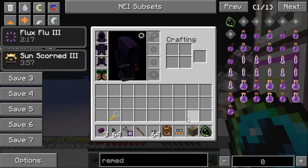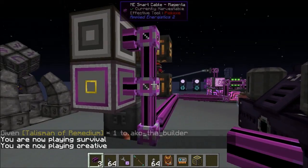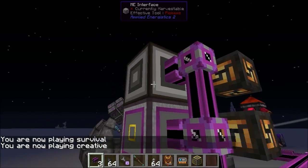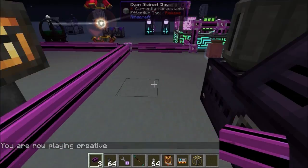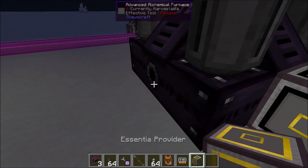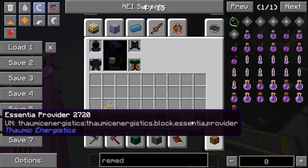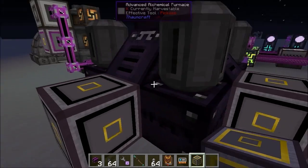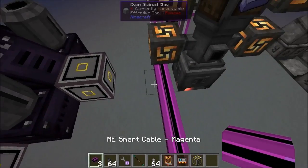Let's stick that in there. There we go, that's better. You can't actually put recipes into that, but like an ME interface, of course, you can put things in, but you can also get things fed out into an ME interface back into your system, and that is what I found works out on this. So you can put ME extension providers onto these 4 holes around this advanced alchemical furnace, and if they get connected up,